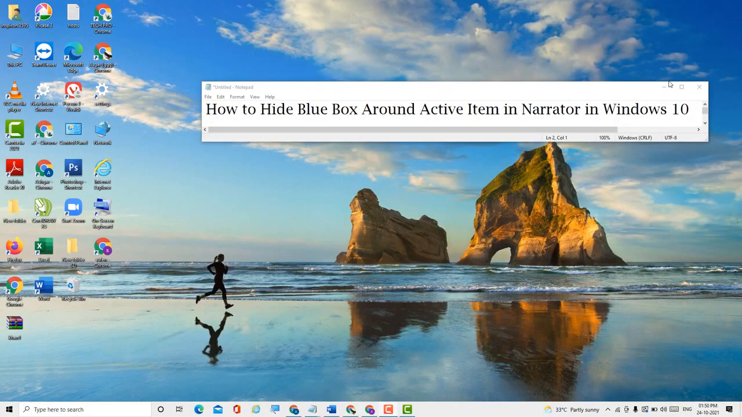Hello guys, today in this video I'm going to show you how to hide the blue box around the active item in Narrator in Windows 10 PC or laptop. So guys, if you want to hide the blue box around the active item in Narrator in Windows 10 PC or laptop,